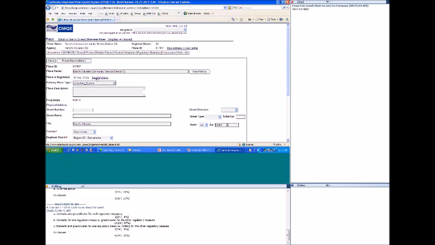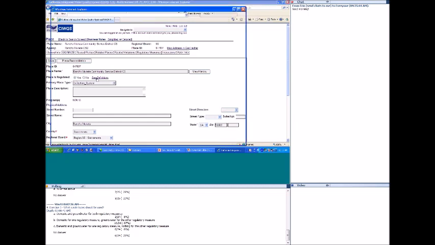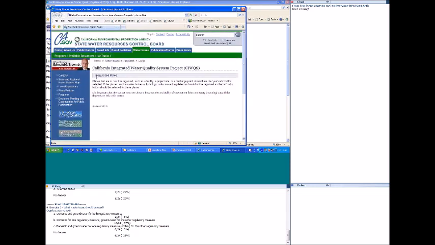We have a C definitions link here. At this point, it just tries to describe what that specific field, place regulated, is and how to answer that. But the definitions for all the values will also be posted here, and so easily accessible.